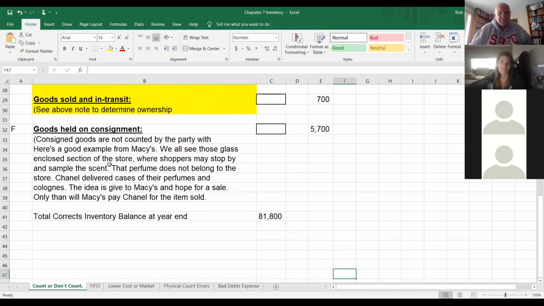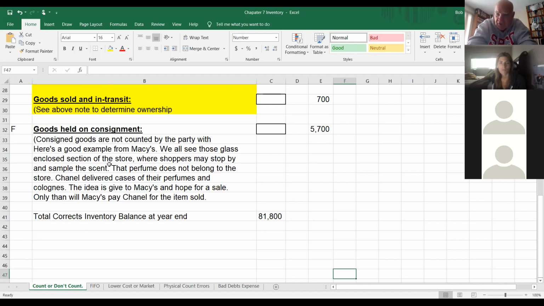All right, last one. Let me talk about consignment, because this will be on a test in the form of maybe a multiple choice question. Consignment. When you used to go into Macy's downtown here, you'd walk in the front door, and the first thing you noticed was the aroma of perfume, right? They had all those little kiosks set up, those glass counters set up in a circle or a rectangle, and there'd be a couple of women there schlepping perfume. That perfume did not belong to Macy's.